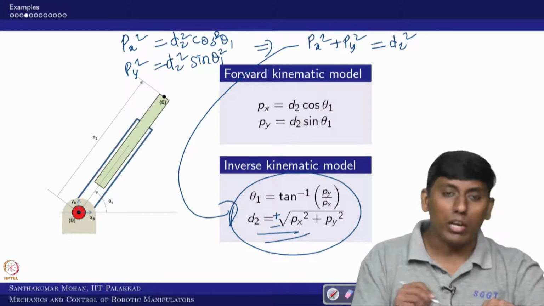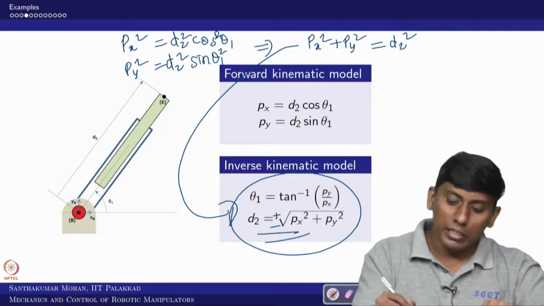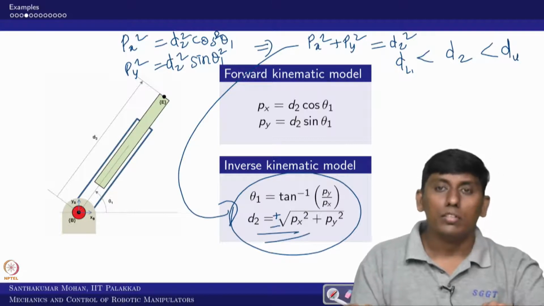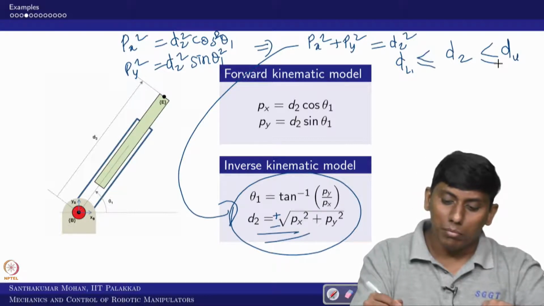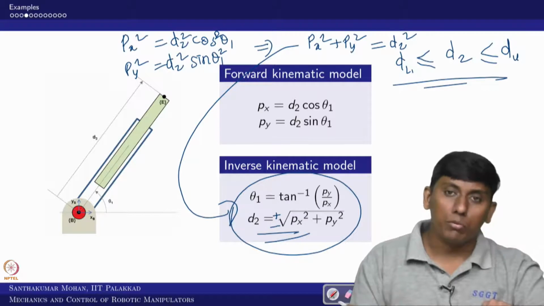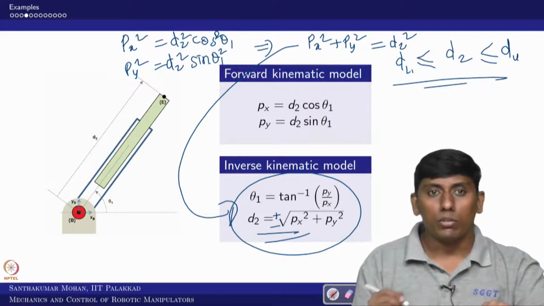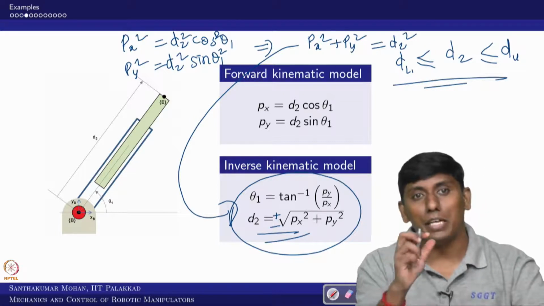So it is giving multiple solutions, but this multiple solution is actually not really possible. Why? Because it is only positive, because d2 has a restriction. So this is the lower limit and this is the upper limit. In the sense it can be equal, but in that case only the positive value will come. That's why I did not put plus or minus. Okay, so this is one such example which is very easy.